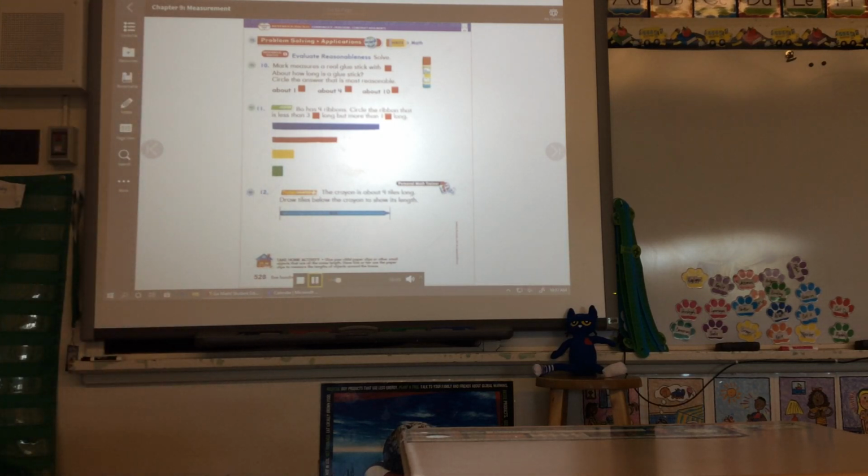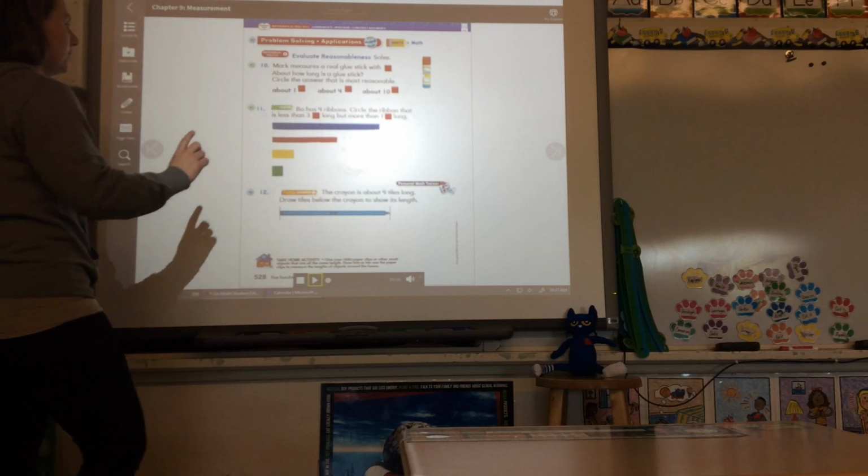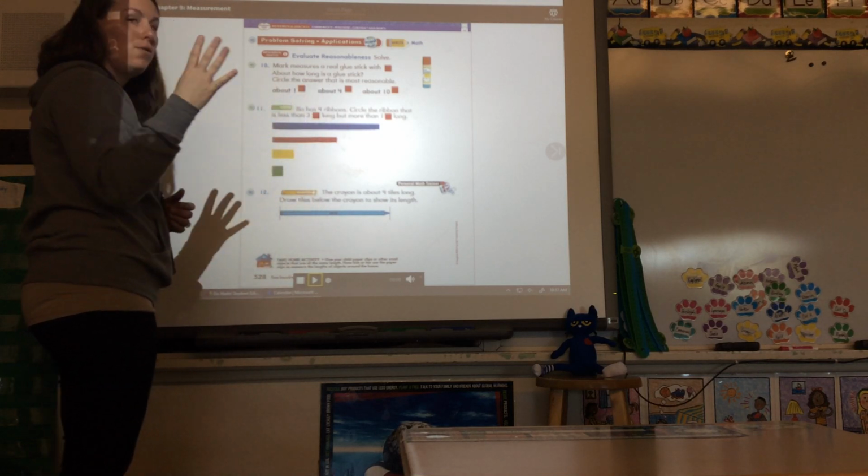11. Bow has 4 ribbons. Circle the ribbon that is less than 3 color tiles long, but more than 1 color tile long. So to do this problem, I like to put it into 2 parts. So I do the first part of the problem here. I know that it has to be 4,